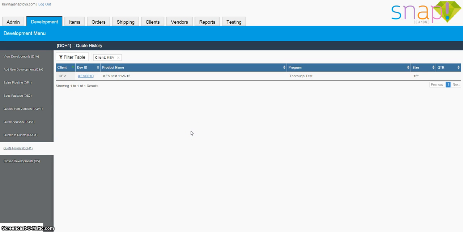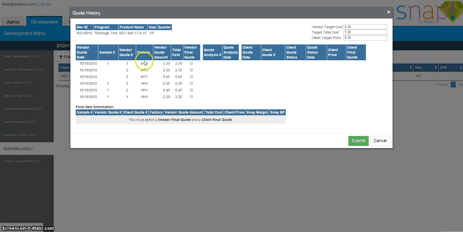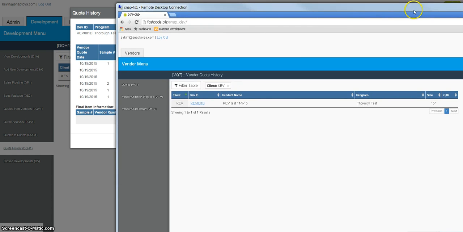Reviewing quote history, I do note that when I'm looking at quote history as an SGS employee, I'm seeing something different than the vendor actually sees. And in some cases that's going to be true, because as an SGS employee I can see every quote from every vendor. Okay, but when I log in as SY Kim, and basically what I'm doing is logging in through remote desktop to my server as a separate instance,